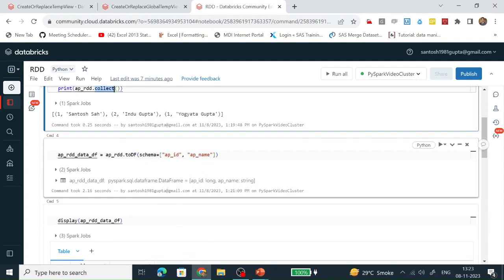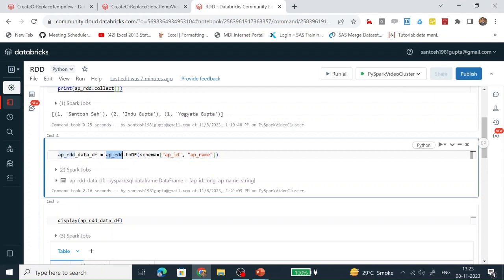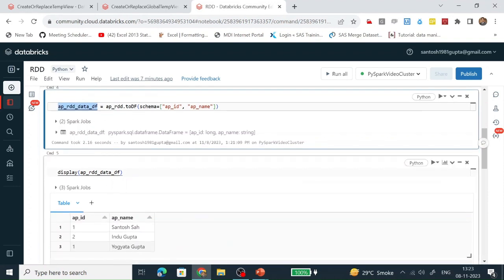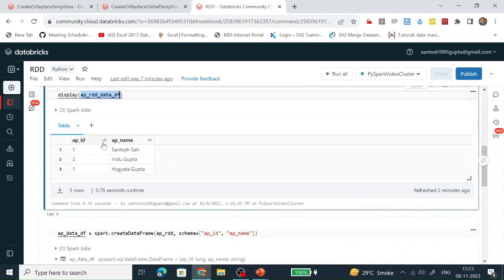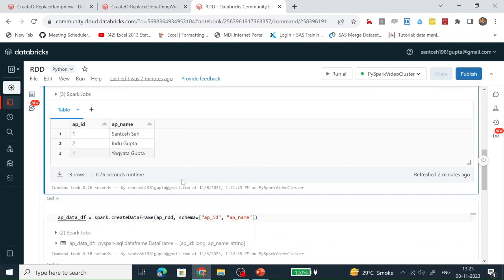To create a data frame on top of the RDD, I am calling the toDF function by passing a custom schema name. Then, based on this toDF function, whatever records are present in the RDD are converted into the data frame. And whenever I see the content of the data frame, it looks like that, because the RDD has 3 objects. Now it is present in the data frame in this format.